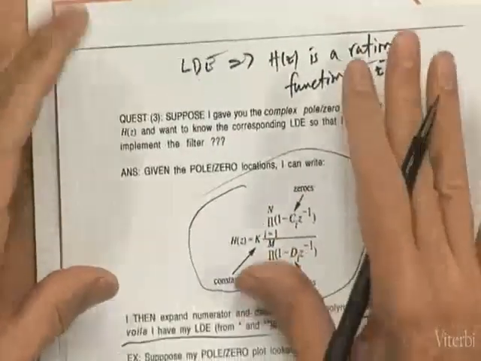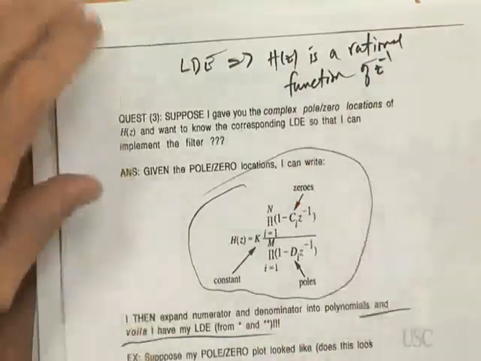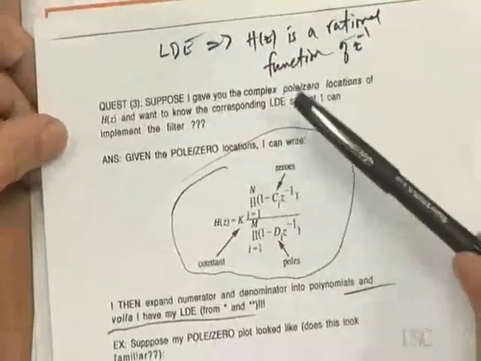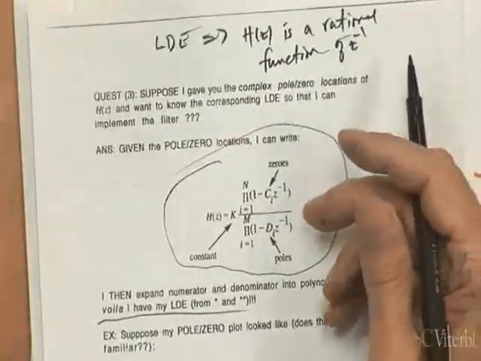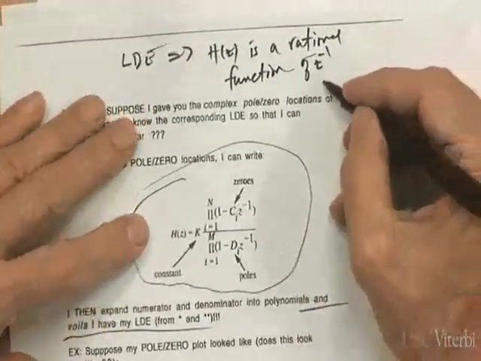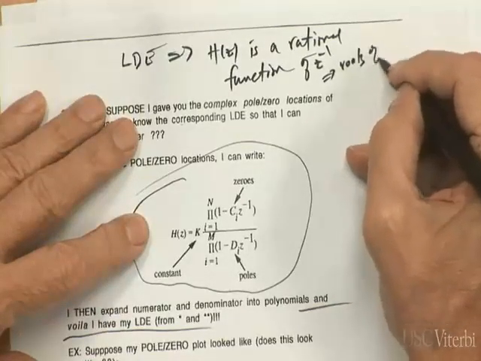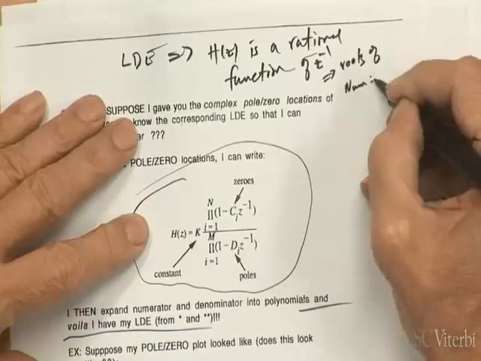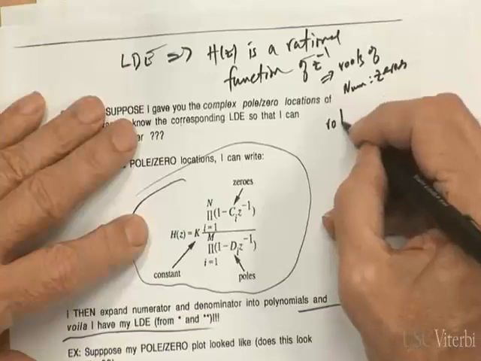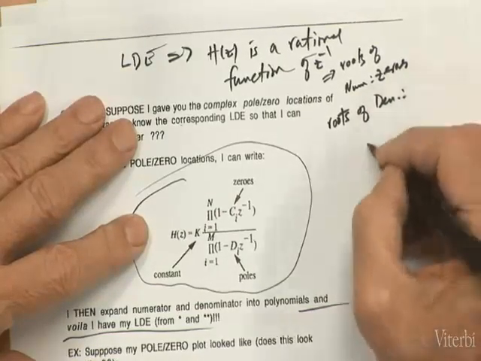Now, these polynomials have roots, and you can always write a polynomial in its factored form. If I tell you what the roots are, the roots of the numerator polynomial, which we call zeros, and the roots of the denominator polynomial, which we call poles,